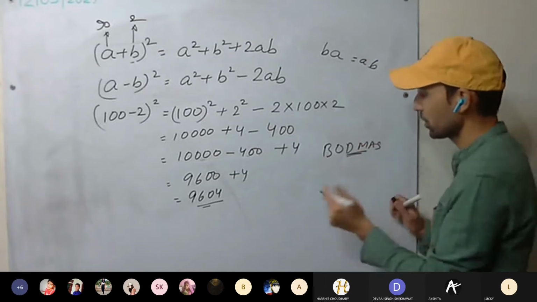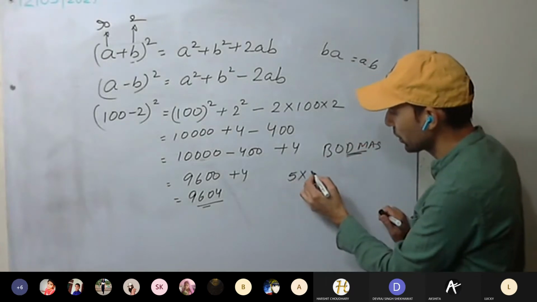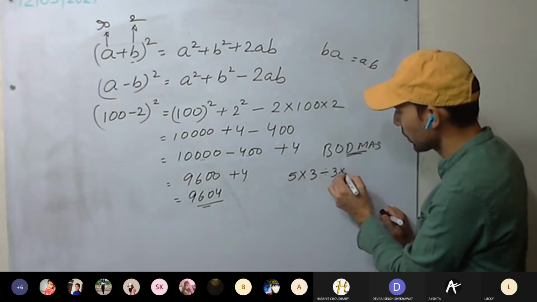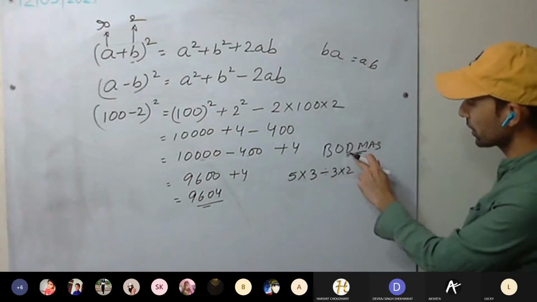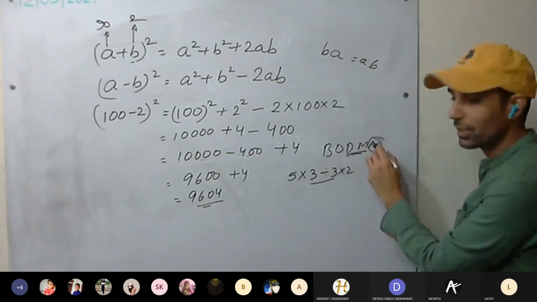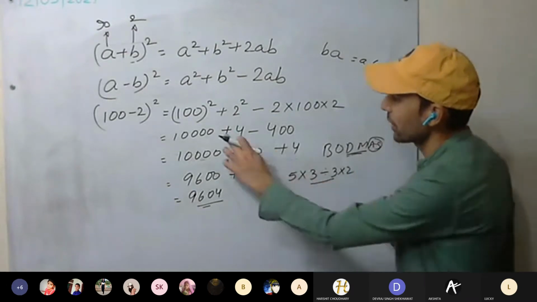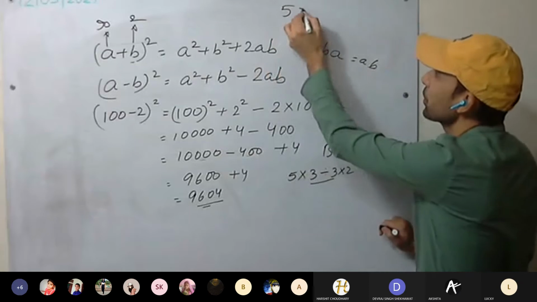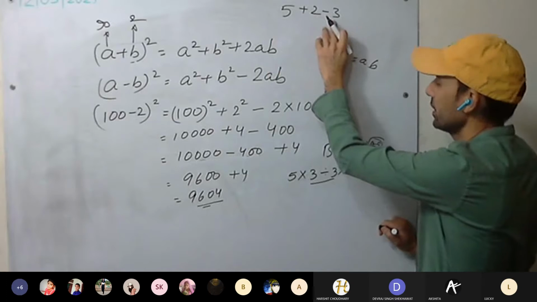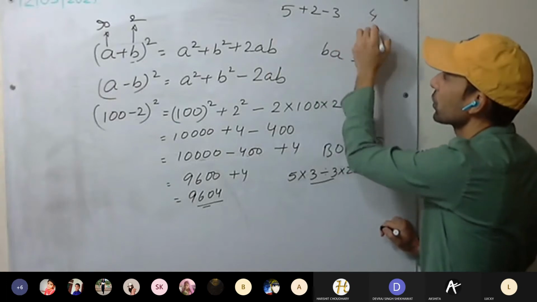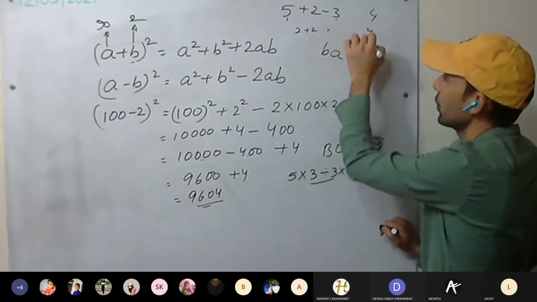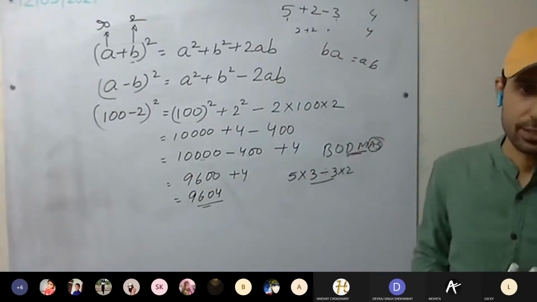Here there is an issue. If I do 5 into 3 divided by 3 into 2, here first division. So you are dividing, not multiplying. But addition and subtraction is fine. You can add first. See here, 5 plus 2 minus 3. If I am adding first, 7 minus 3 is 4. By subtracting first, 5 minus 3 is 2, 2 plus 2 is 4. No issue with addition and subtraction.